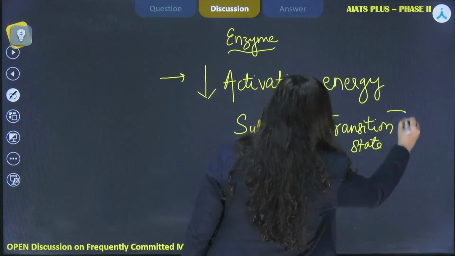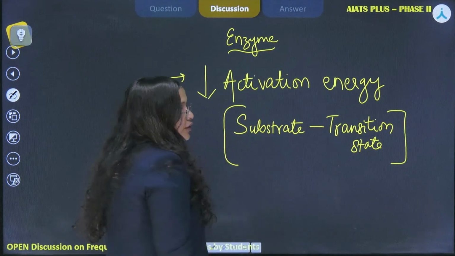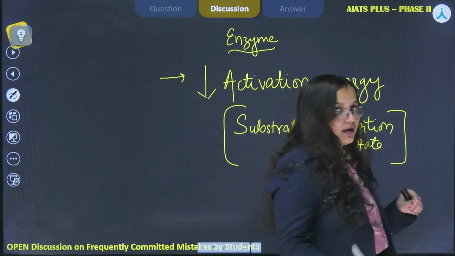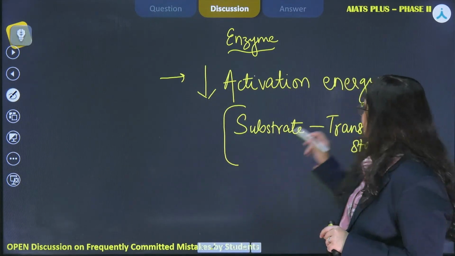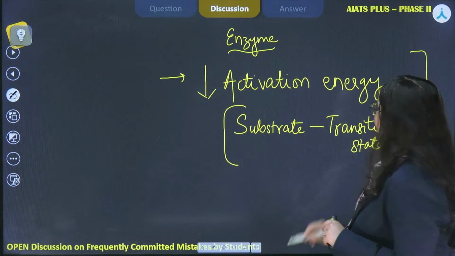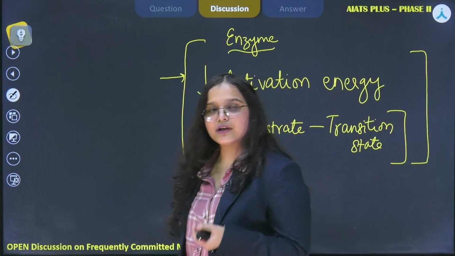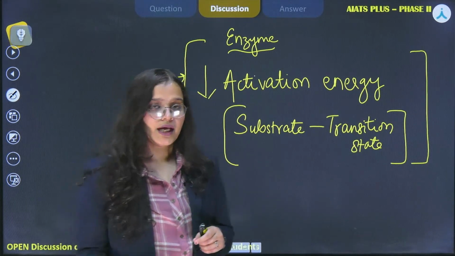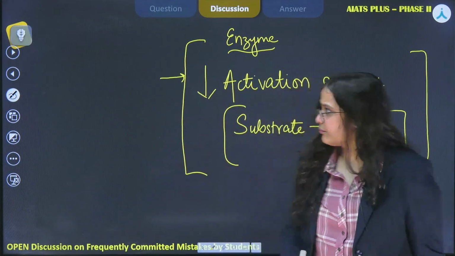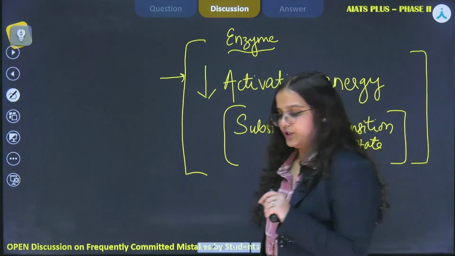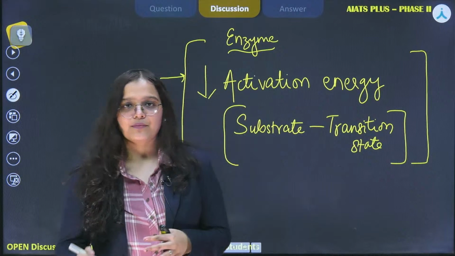So for the formation of product, the substrate should be able to cross this activation energy barrier, and after that the product will be formed. So our question was basically about the types of inhibition. So whenever enzymes function,